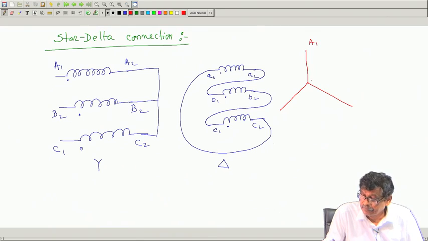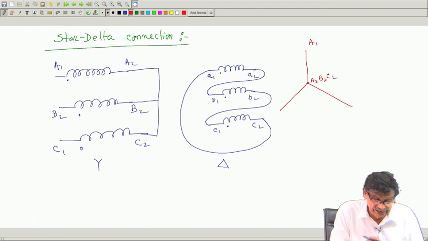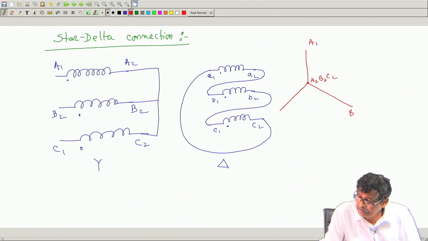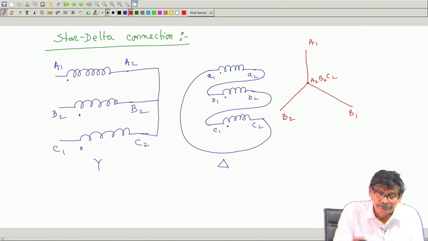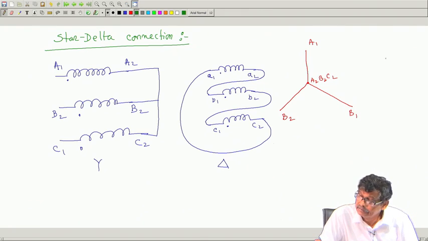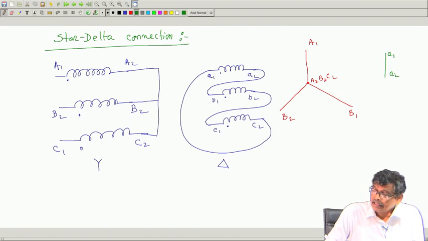A1 and this is A2, B2, C2. I am not writing AS, BS, CS, it is understood, and this is B1 and this is B2. This will be the thing. Now, the secondary voltages I will now draw straight away like this. Small a1, a2 cannot but be here, parallel to this it will be there. B1, B2 parallel to this, and I have joined A2 with B1.